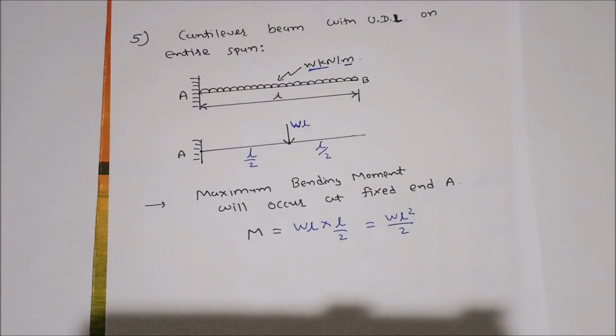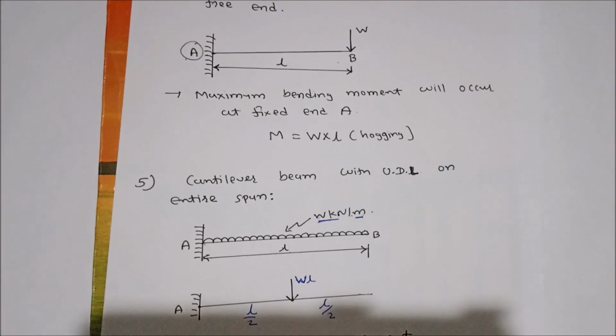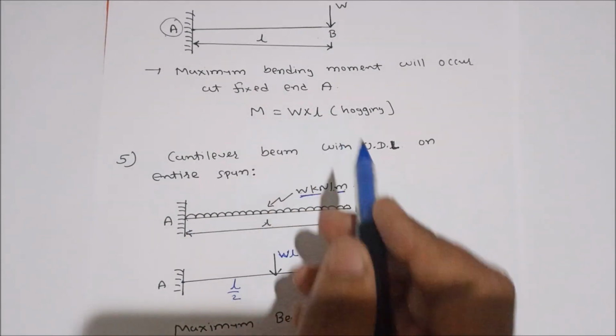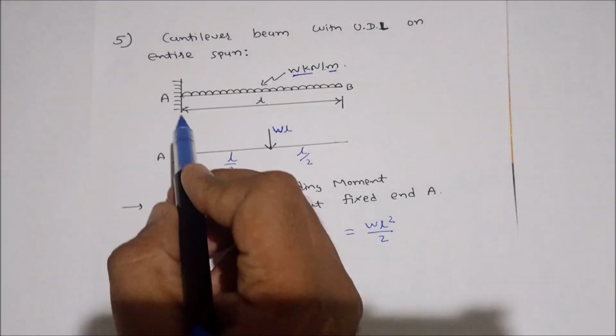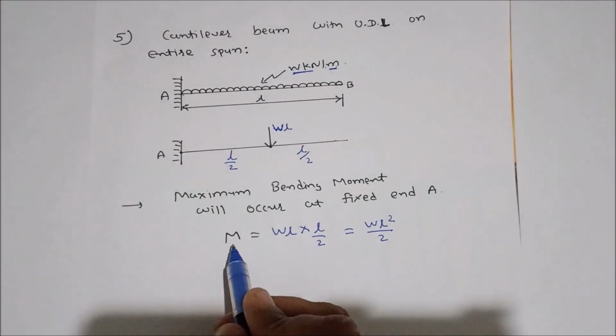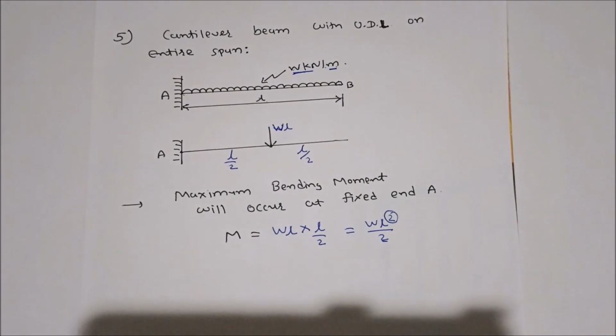And the last one is cantilever beam with point load at free end, that equation is M is equal to W into L. And cantilever beam with UDL on entire span, again there is a UDL, so square, so M is equal to WL square by 2. Remember these 5 equations. These equations are very useful while you solve numericals related to bending stresses in beams.